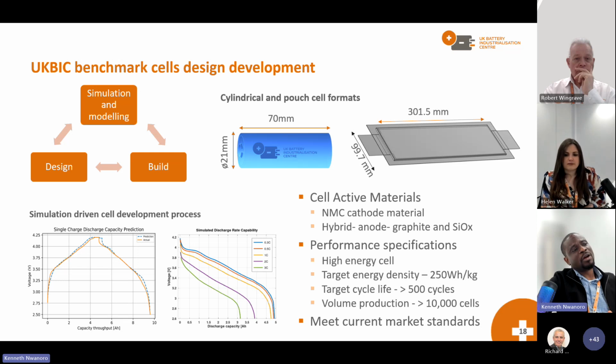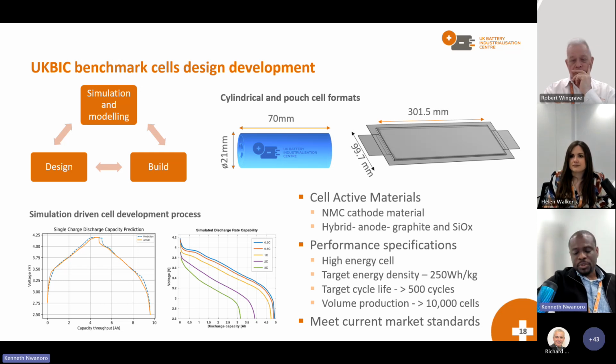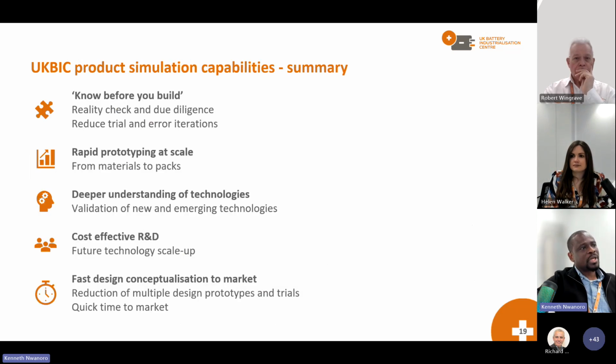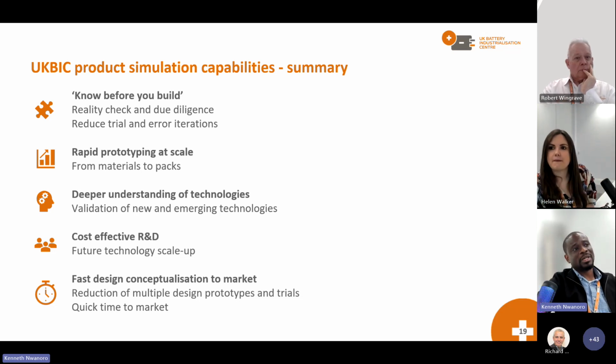So we have this capability to be able to do this here at UKBIC. So in summary, for all I've said so far, we have the capability to develop highly accurate electrochemical models that are coupled with other physics. And this helps us to know before we build. We can do due diligence, not only on the design processes that we do here at UKBIC, but also on customer products. This helps us to reduce cost and again, fast track the cell